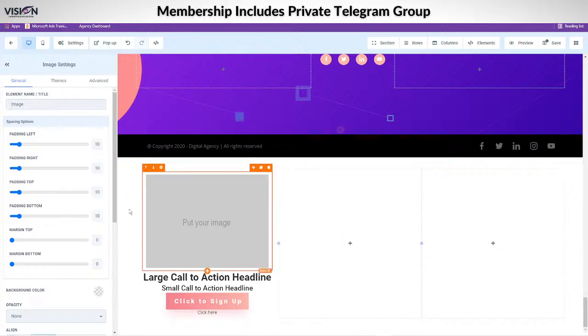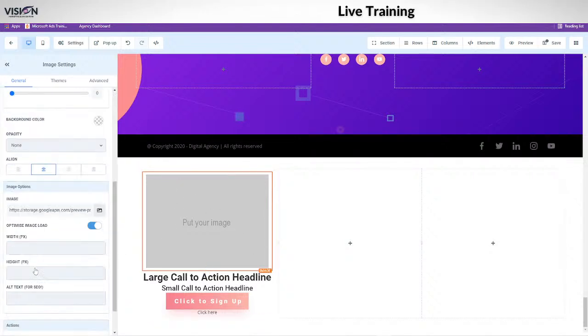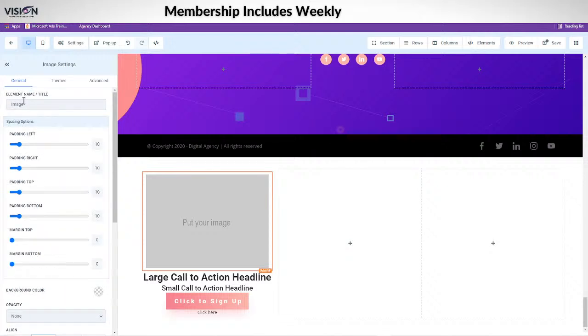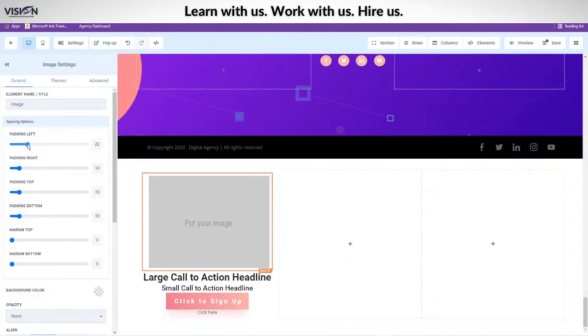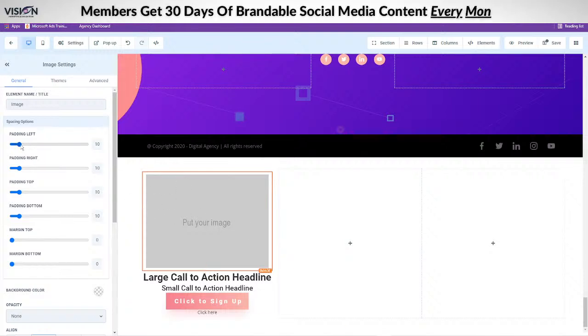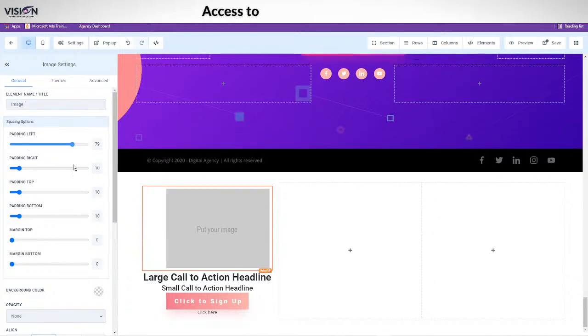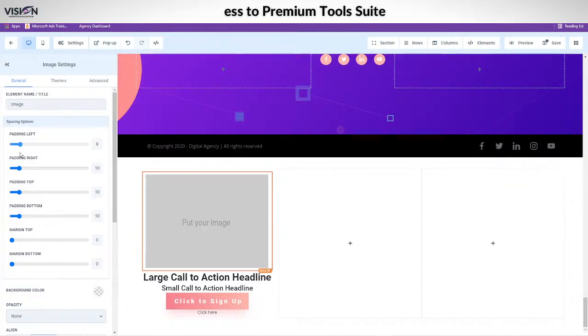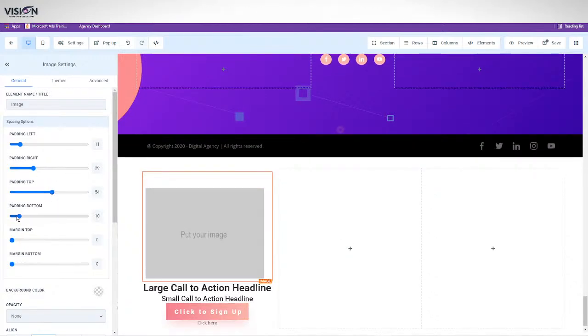So if I want to add an image here, what I want to do is click here and go to my gallery. If you scroll down, you'll see that you have images here. I can give this image or this element a name. I can adjust the padding. So the padding is what is going to be adjusted within the guide of the orange box. The orange box is my element. And if I want to add padding inside of it, moving the image over to this side, I could do that. Maybe I want to move the padding to the right, or add to the top or the bottom.